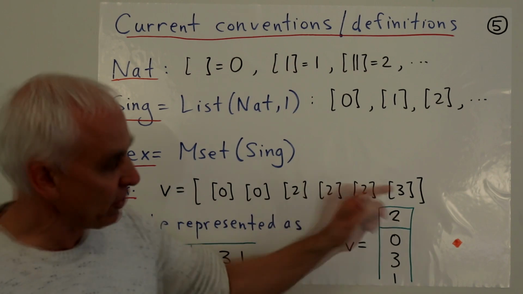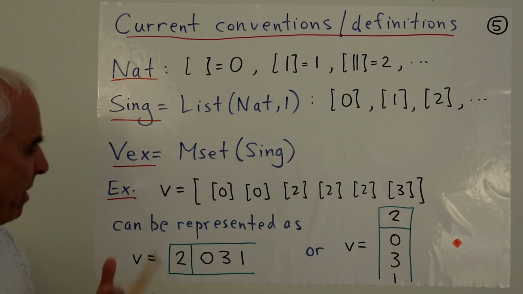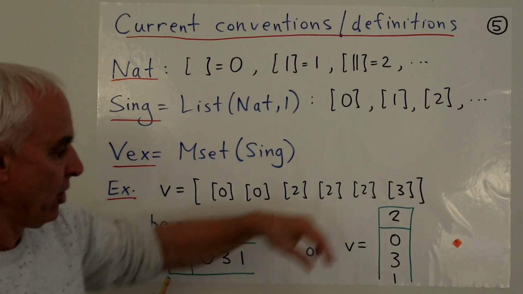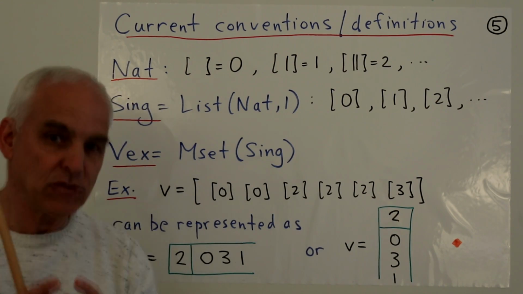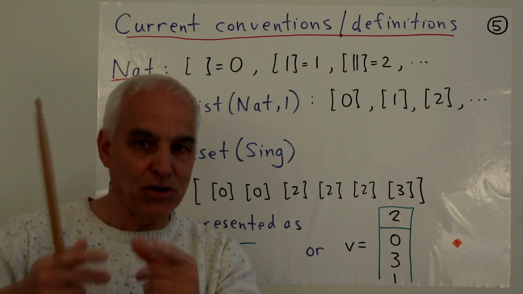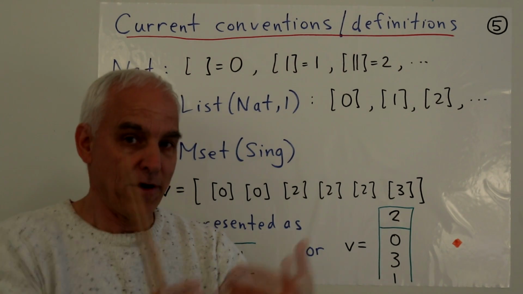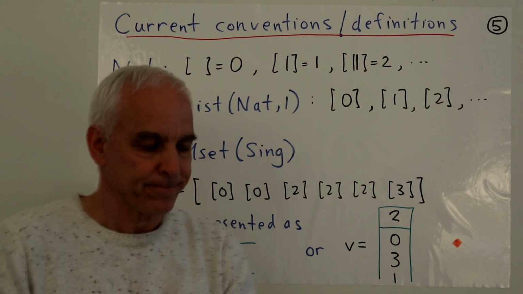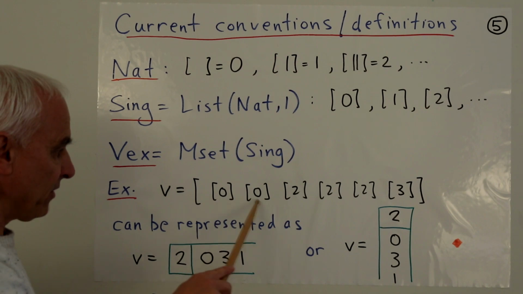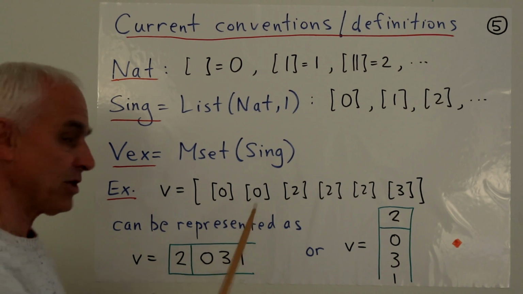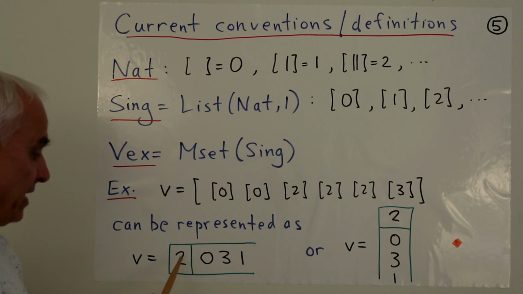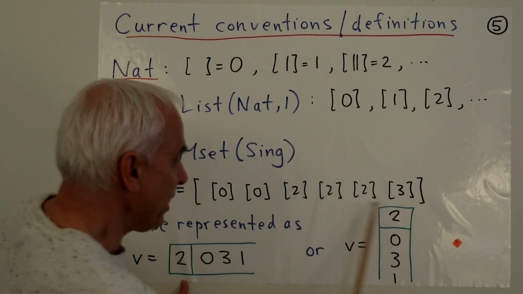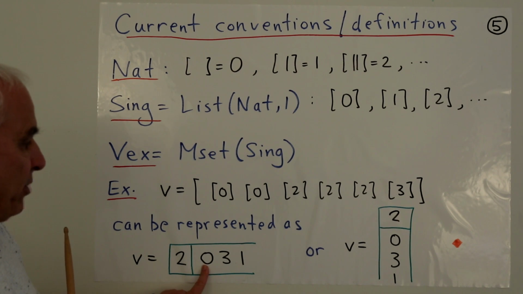Now this particular vexil can be conveniently represented as either a row vector or a column vector. But because we're including 0 now, which is a new development that is different from our former treatment of the subject, we have to proceed a little bit differently. Now we have a couple of zeros here. These 2 zeros are represented in a row vector by the number 2 in the 0th spot. And then if we look at how many singleton 1s there are, there aren't any, so we put a 0.